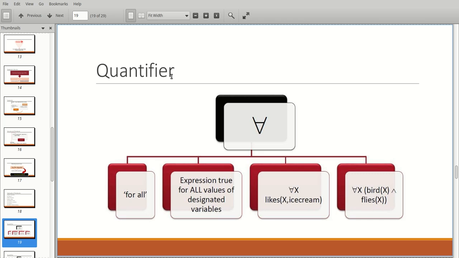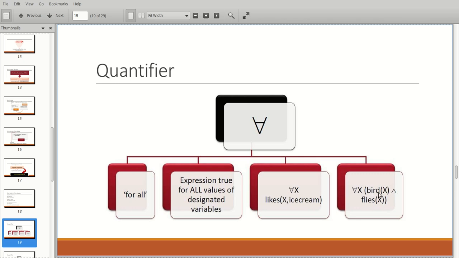The first quantifier in predicate calculus is the universal quantifier. This one represents for all. For example, for all x, x likes ice cream, which means everyone likes ice cream.